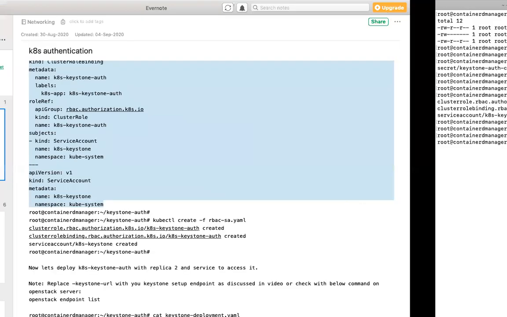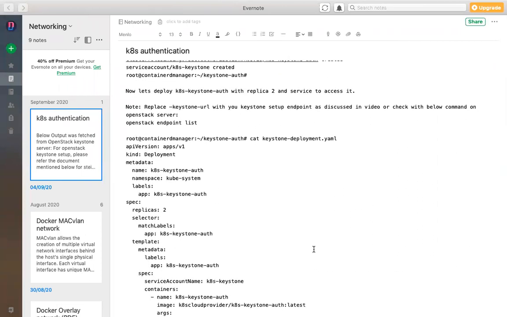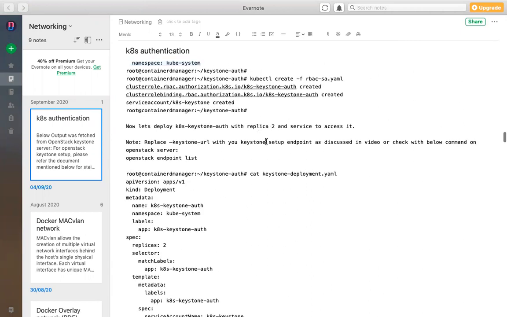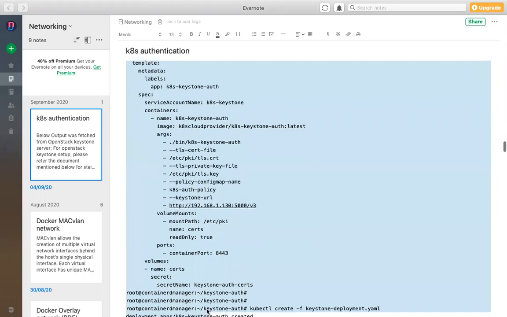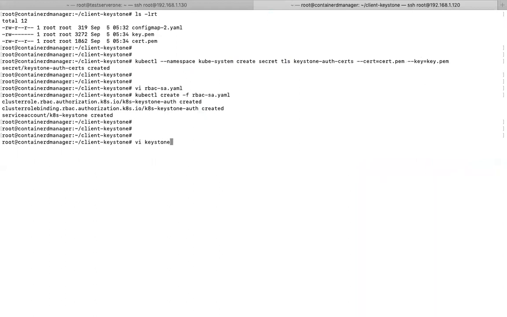Now this is created. Once this is successfully done, now we need to deploy the actual Keystone webhook. We are trying to deploy this as a deployment with replication of 2, and we should also expose this particular deployment using a service. So these are the two things which you are doing. Here there is one important thing which you need to update. Let me show you that. Let me try to create a file called deployment-keystone.yaml.